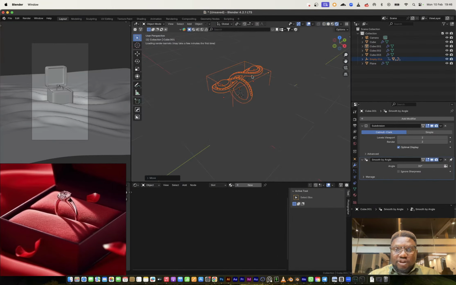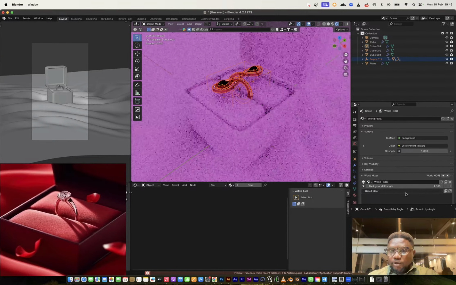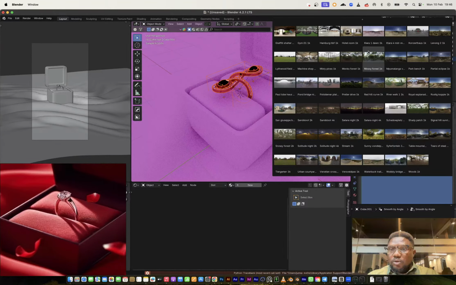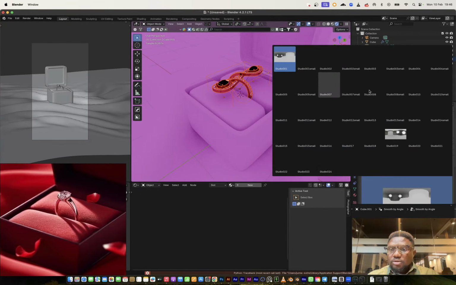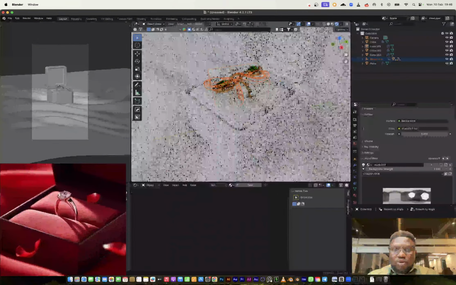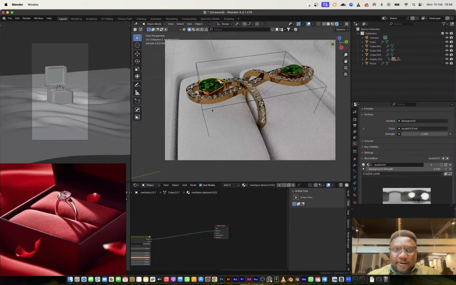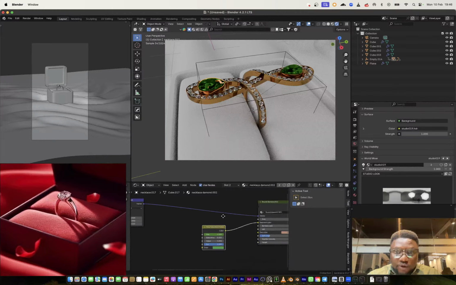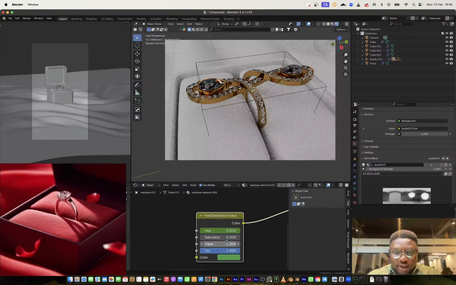Okay, this is great. I just want to go to the rendered view. If the stream hangs, I am sorry, but I want to see what this looks like. So we are going to choose, let's do a neutral studio look, HDRI, just like so. Let me crop to this part, and this gem right here, I want to desaturate that. Let's go to 0. Let's increase value to 2, so it looks like the others, and I think this is